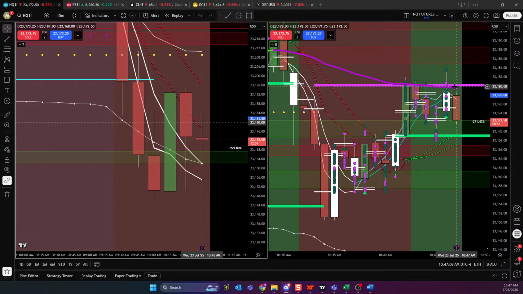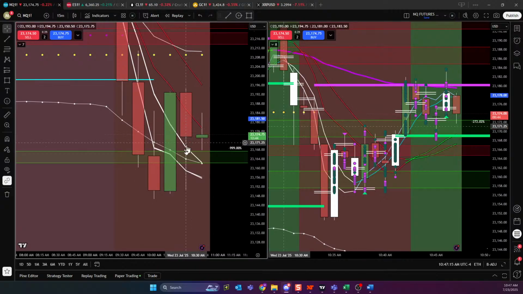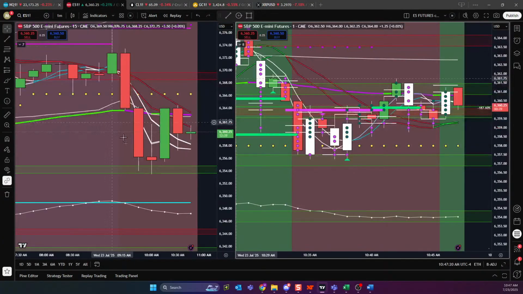And then there's just no reason to hold, because look at all the trouble. Mid-band, HVA, the trend is still down. The triggers are still strong. But this is an opportunity based on rules to capitalize.